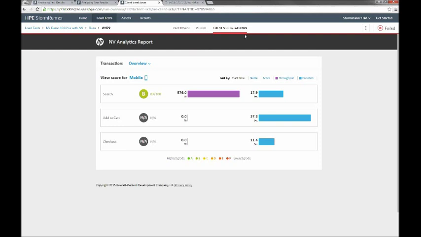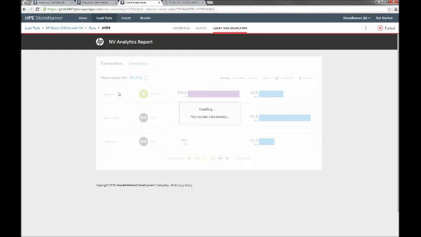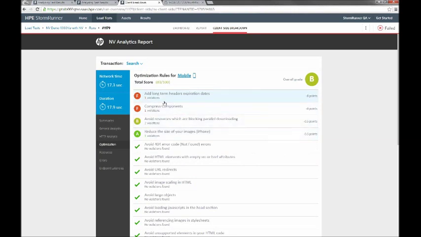So this is a new tab for the last version, and as you can see, this gives you insights and grades for your applications divided into three transactions: search, add to cart, and checkout. Add to cart and checkout did not produce any network, so that's why they are not getting any grade. But if we go into the search transaction, we can see here the grades, and as I said, those